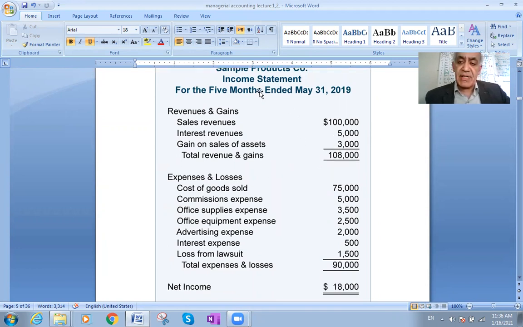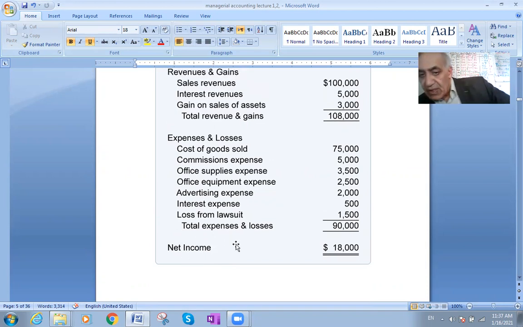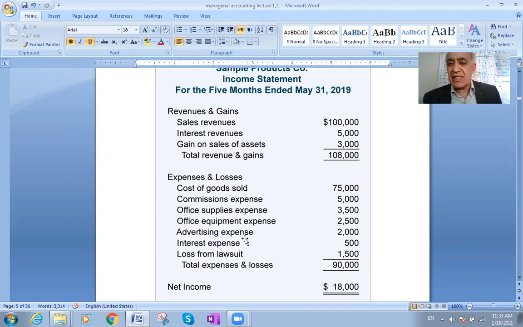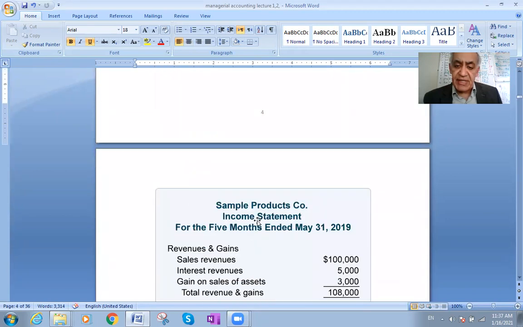So this is a very simple figure of the income statement. The income statement shows the net income. The purpose of the income statement, like you see at the end here, is that the net income is shown. So the net income is the number we are looking for. Simply, it is revenues minus all the expenses and losses. Again, the purpose of the income statement, because those